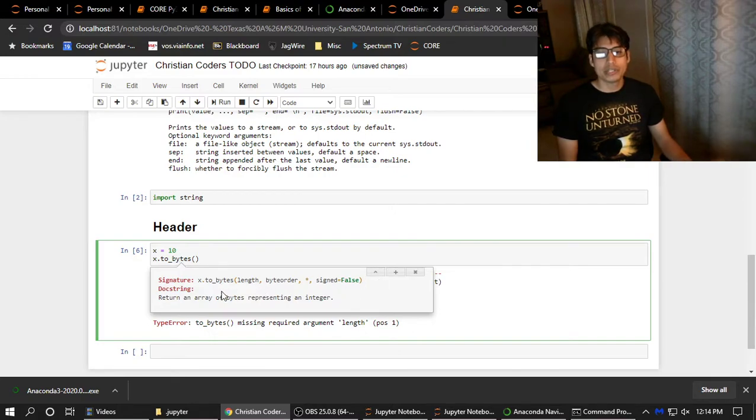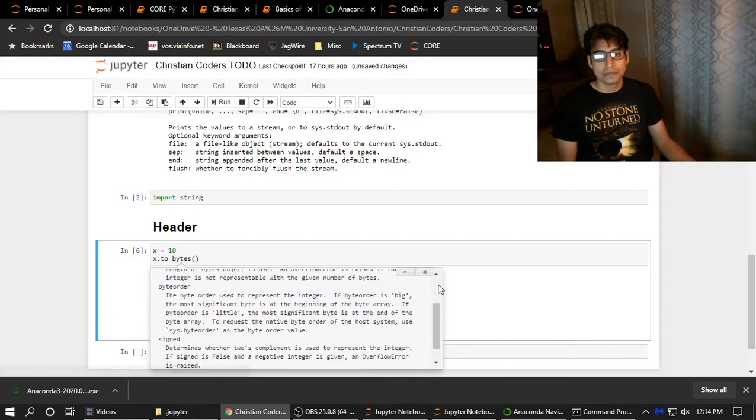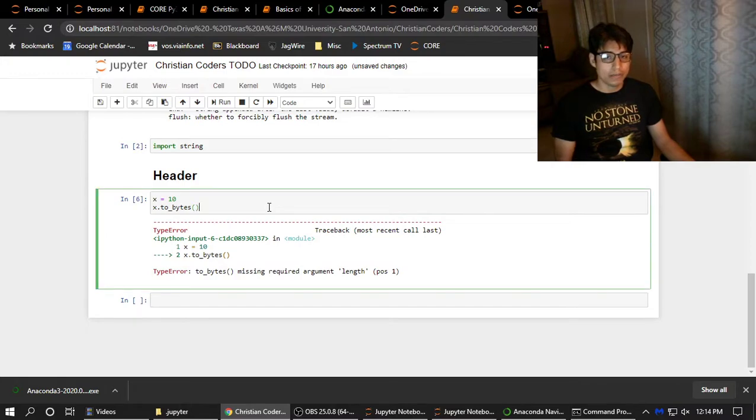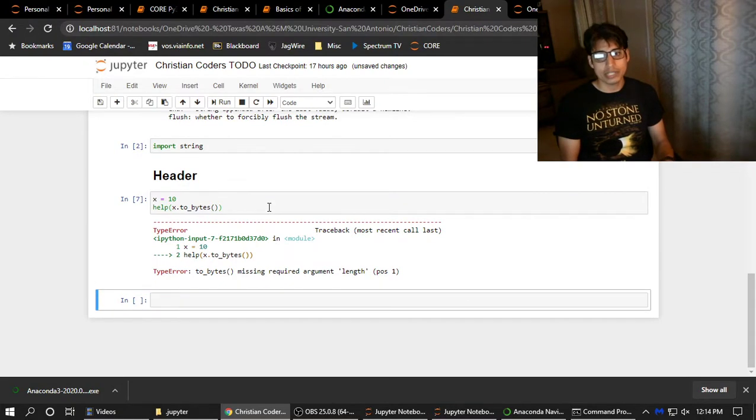And this shows you the documentation that's inside of the functions that are built in. And you hit the plus sign, and you will see the information that you need to know about any function that you're looking at. This one returns an array of bytes representing an integer, which is interesting. If you wanted to do the same thing but built in with Python, you just put the help keyword, and it'll give you the exact same thing,